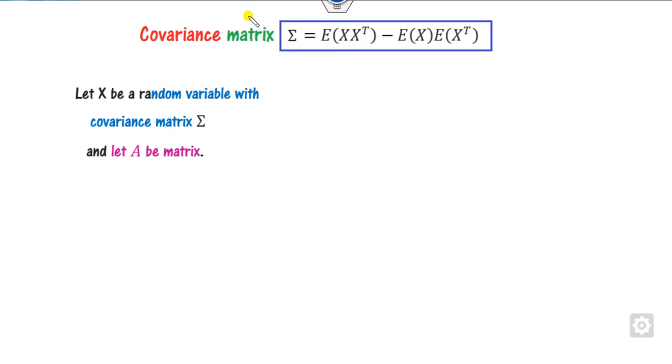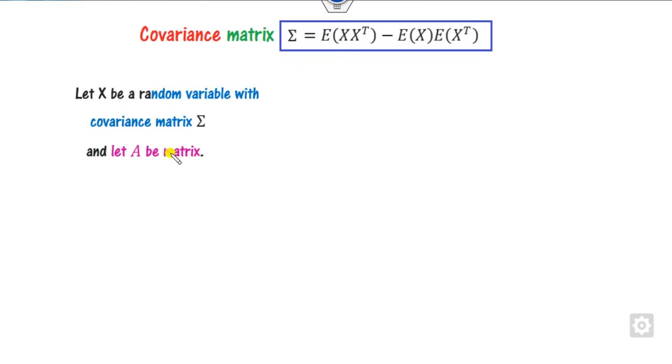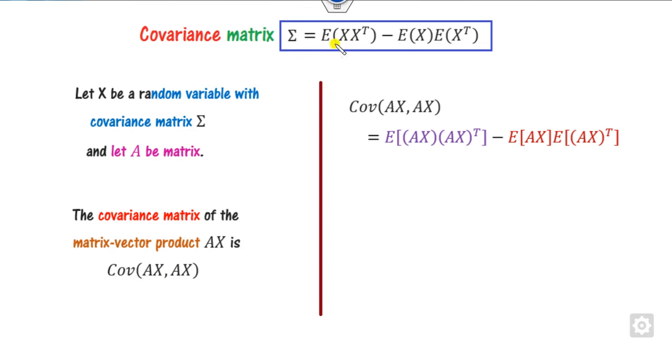So once you have the covariance matrix, which is denoted by sigma here, and if you consider any matrix A, then you can define the covariance matrix of the product AX, written like here. As per the definition, we can define it like this for AX. I can substitute here my AX. What is B transpose? We all know that this is nothing but B transpose of A transpose. We can write like here, and we can expand like this.